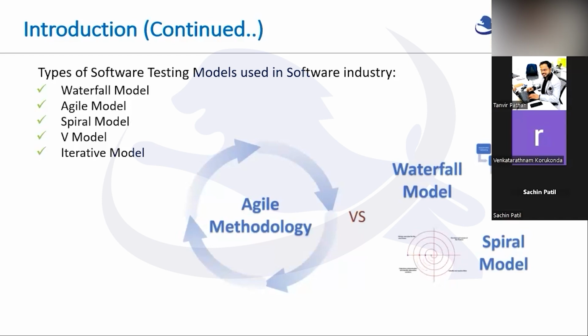So basically these are testing models, we can say the testing methodologies as well. There are 5 majorly used: waterfall, agile, spiral, V, or iterative. But I'll just discuss the major ones, and I will try to tell the difference. So the waterfall model is basically a very traditional approach, not being used in the industries anymore because it is